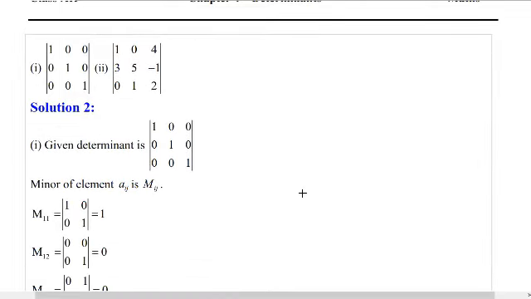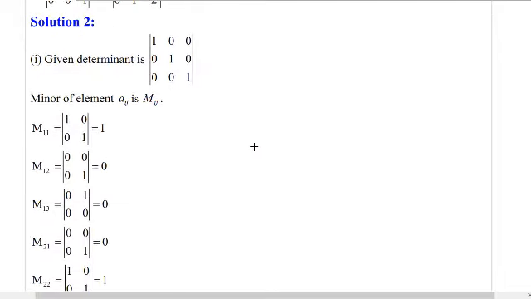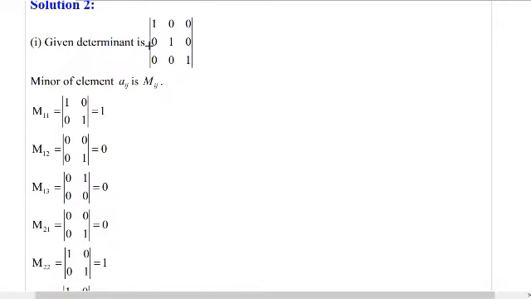Okay, now question number 2. This time the determinants are 3 by 3 and the question is the same: find minors and cofactors. So first of all, we'll see the minors for this determinant. Now first I am hiding this element A11 by row and by column. If I hide this element by row and by column, I am left with 1001. So this 1001 can be solved in the usual manner. 1 into 1 is 1, minus 0 into 0 is 0. So 1 minus 0 is 1 only.